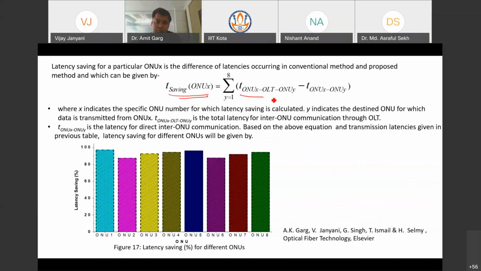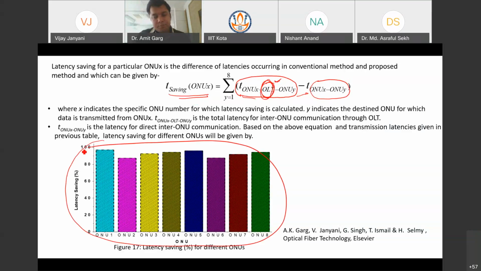You see the latency of the conventional architecture, which involves the OLT, and then the latency of the proposed architecture, which is direct inter-ONU communication. So basically the major part is this one. So this we can avoid, and then you can see the latency savings here in this diagram.